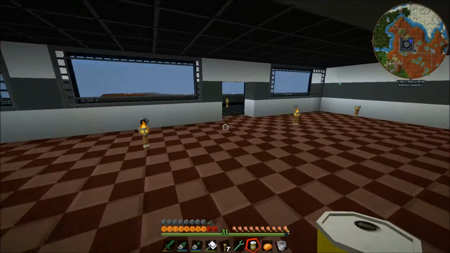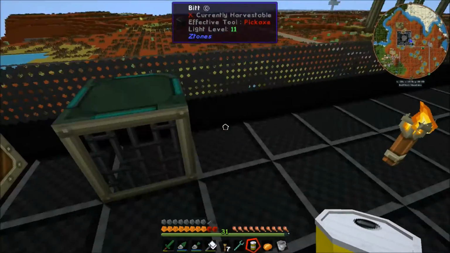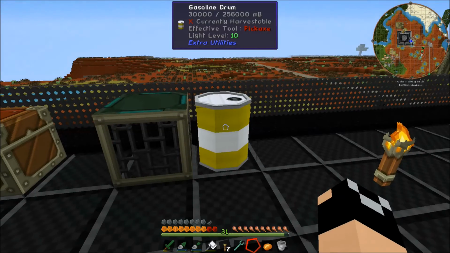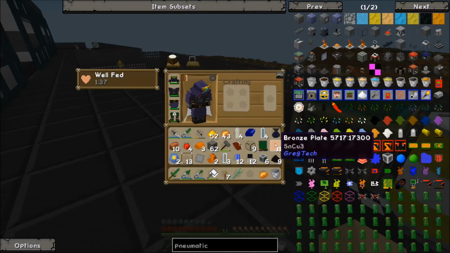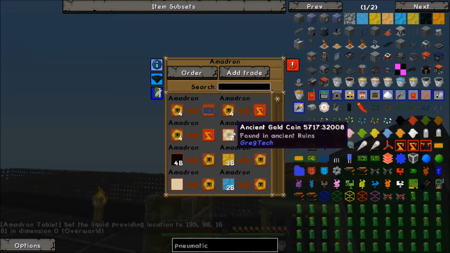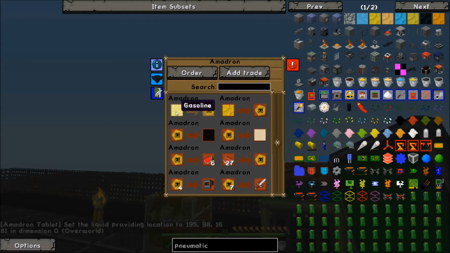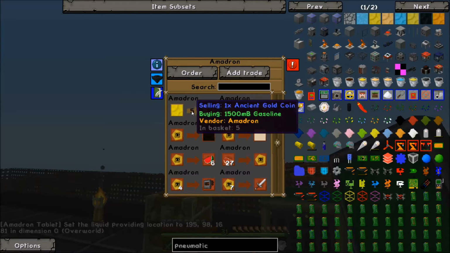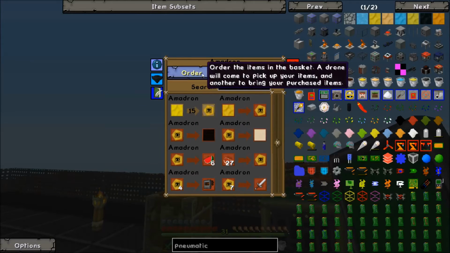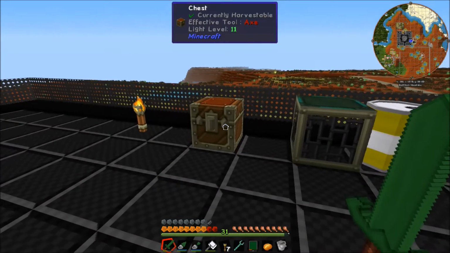Where in the world did I put it? There it is. Okay. We're going to actually sell 30 buckets of gasoline, because we might as well go ahead and do this. So we're going to set that, and let's sell 15 things in order. And so that's going to come in and get all that gasoline, and it's going to give us